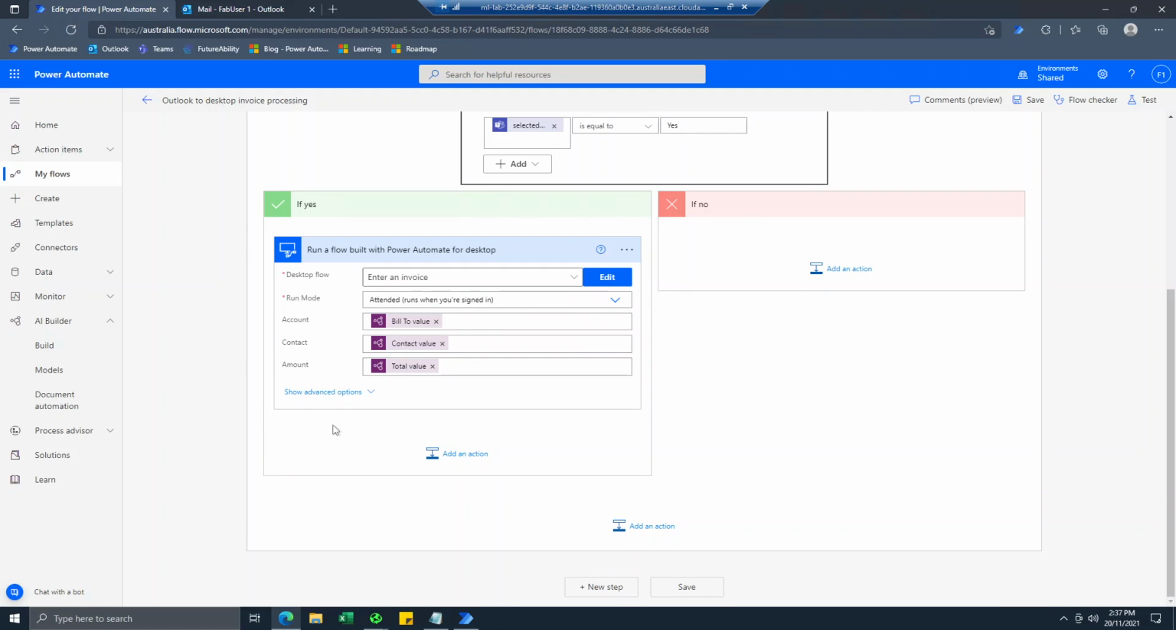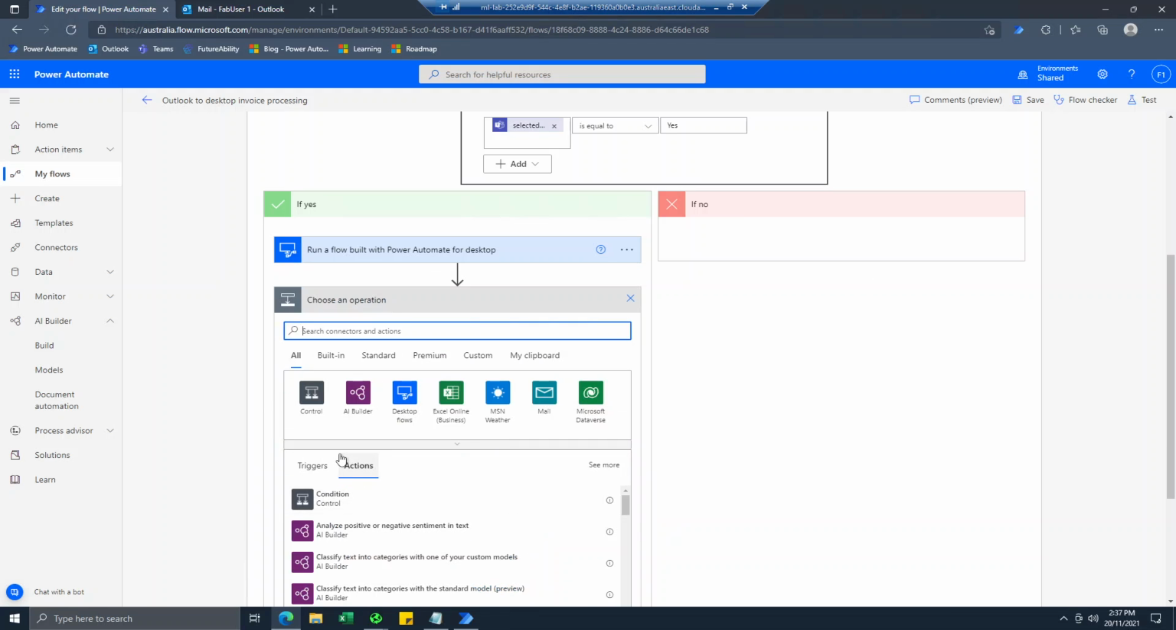Pause if you need to catch up on that. But we've done this a couple of times, so you should be able to just zip through that. Then add an action. Now what we want to do is, so the contractor sent the email, it got approved,